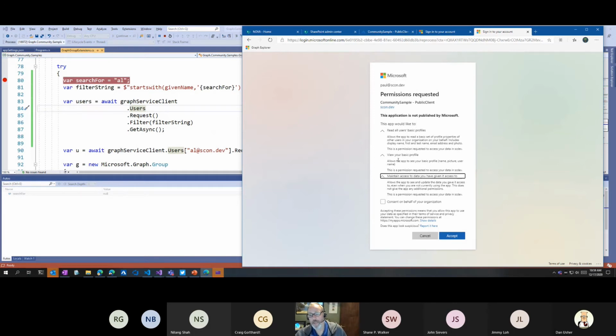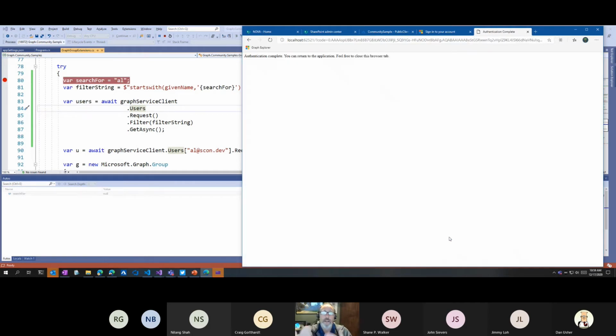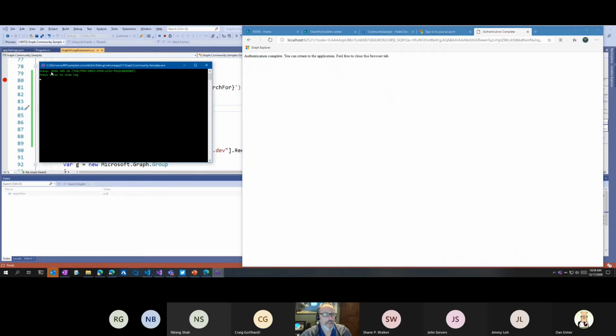Now, because I'm logged in as an administrator, I get this box here. I'm not going to do that. It's going to say accept. And then done. And now if I go back to my application, right, it says group. And now, boom, it's because I didn't log much in here and I forgot to show information.